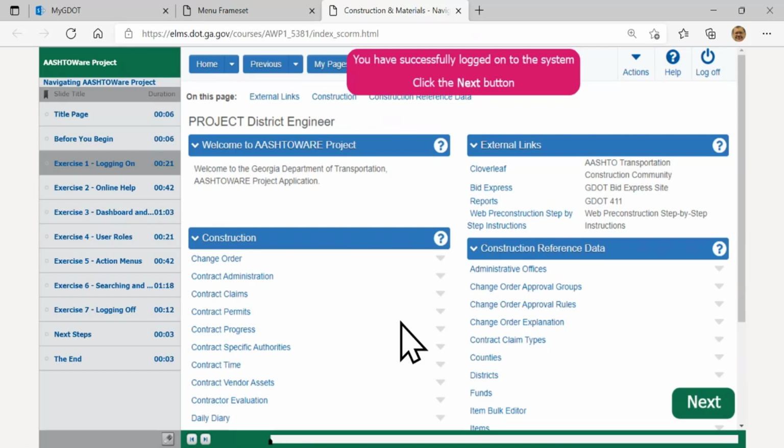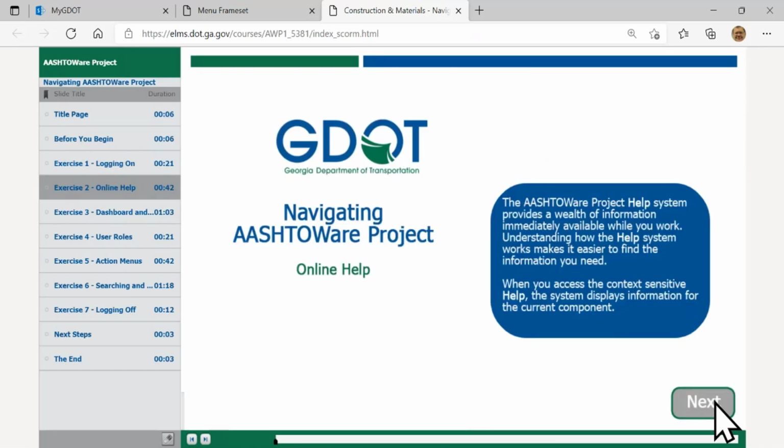This is your basic dashboard. What you'll see when you start it up, sometimes referred to as your home or dashboard screen, with things like your menu bar and the different components that you can click on to work with it. Right above where it says Welcome to Ashtaware Project, it'll show you what role you're logged into. We're going to cover some ways to move through the information, such as getting help, checking other actions, changing your roles, and searching for what you need to find. That way we can then hop into working with it. And that's all it is for just getting used to the log on screen. So go ahead and click on Next. And that's your logging on.